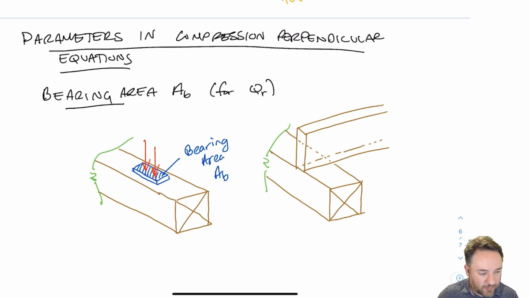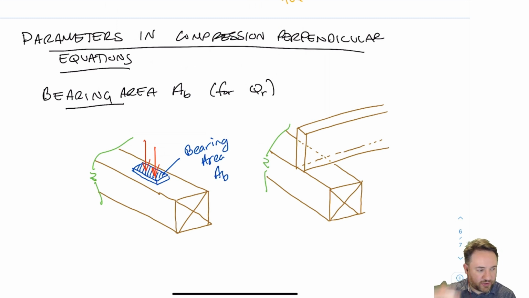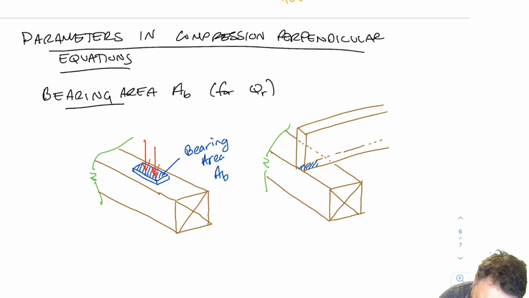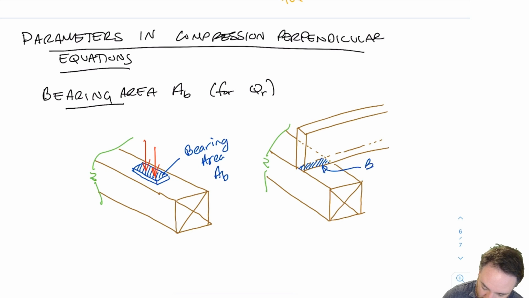Maybe more common is, I have two pieces that are overlapping, and the bearing area in this case on the right, where I have, for example, a joist sitting on a beam, is whatever is the overlapping area between the two where they intersect. So, in this case, if the beam is 80 wide and the joist is 38 wide, then I have 38 in this dimension, and I would have 80 in this dimension. So it would be 38 times 80 would be my bearing area. So here is my bearing area,